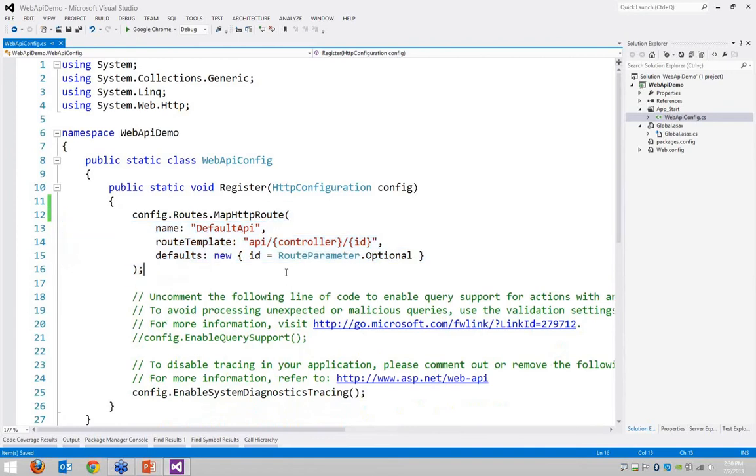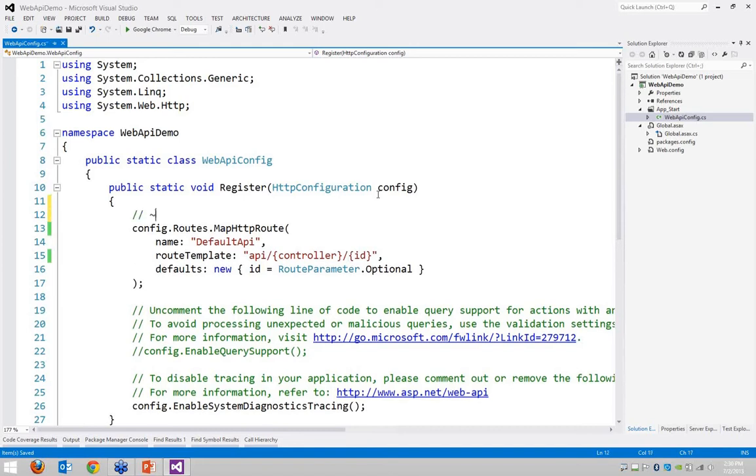Now, an important thing that's missing here that MVC has is that, typically in MVC, you would also see action, and action is typically the method on the controller. In Web API, we don't have this because actions are not things that you put in the URL. What the URL represents is the identifier for the resource, and that typically does not have a verb in it. So if your URL looks something like people/update/1,